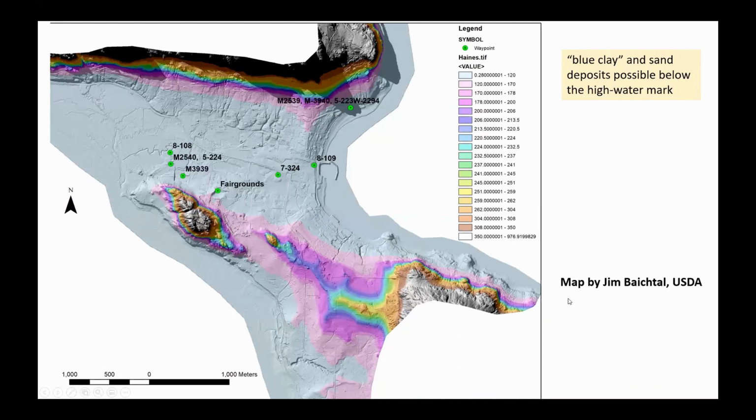This is a map that Jim Bechtel made, and it's color-coded based on elevation. So everything that's under orange or in orange and below all used to be underwater. So Highland Estates was out, it was never underwater, and the cliffs and parts way up above Beach Road. So other places,